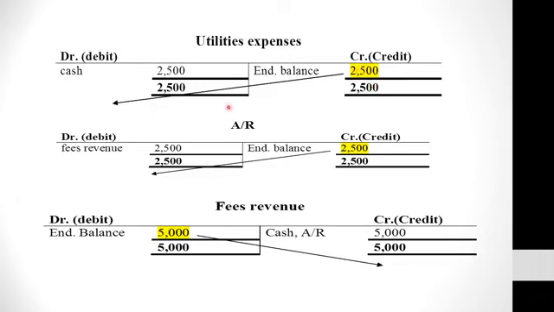But which side is greater than the other? The debit side is the one greater than the credit side. So we drag this figure and bring it back to the debit side. So utilities expenses, its balance will be 2,500 debit. The same goes for accounts receivable. The balance for accounts receivable will be 2,500 debit. As for revenues, the balance will be 5,000 credit. Okay,